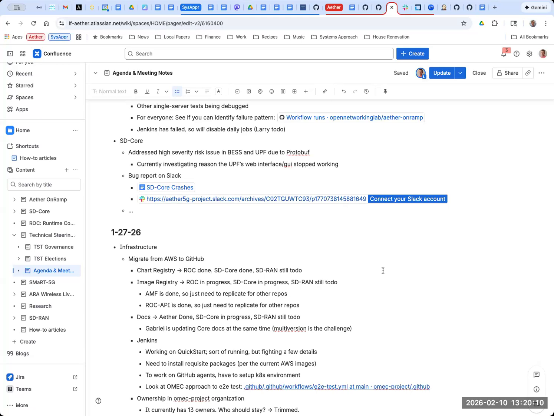That was reported earlier today, so at the moment my highest priority is to address the issue with the UPF's web interface, and then I can take a closer look at the bug reports. The other thing is, it seems like the charts are offline. I was reviewing multiple DNN PRs from the iOS MCN team, but one of the actions is failing because it's searching for these charts, and it just times out and the whole action fails. Is that something that you, Eric, can please take a look at?